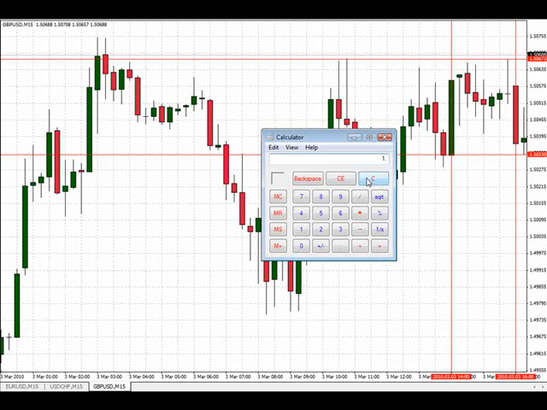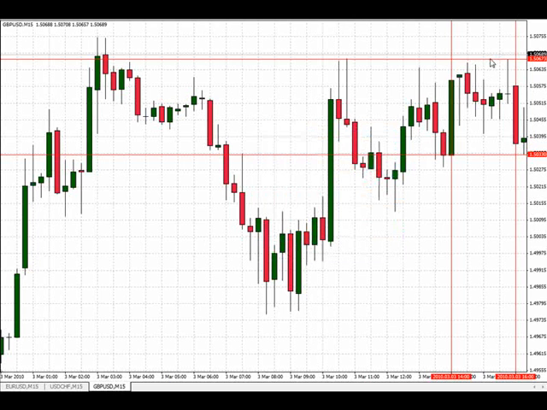So we've got 1.5067 is the high point, minus 1.5033 is the low point. So we've got a 34 pip spread in between these 2 lines. This is a good place to place our orders. So we would place our buy order on this line at 1.5067, and we would place our sell order at